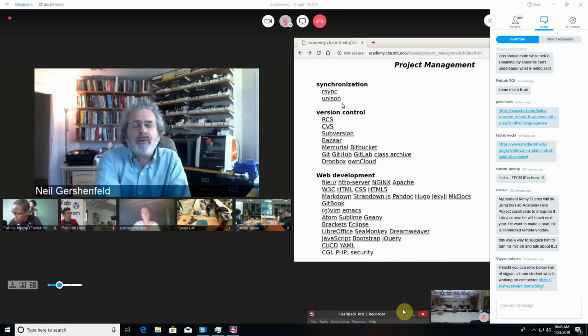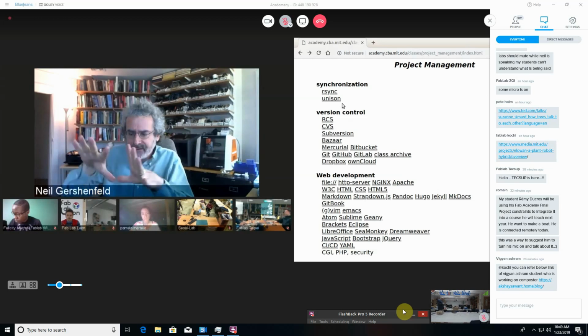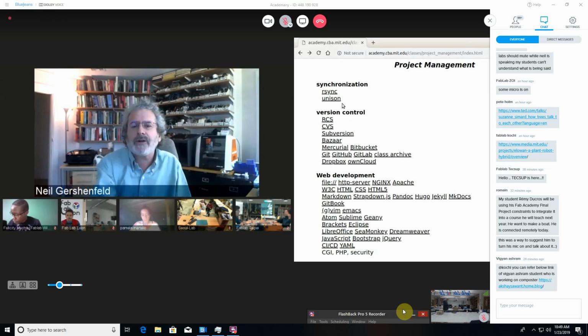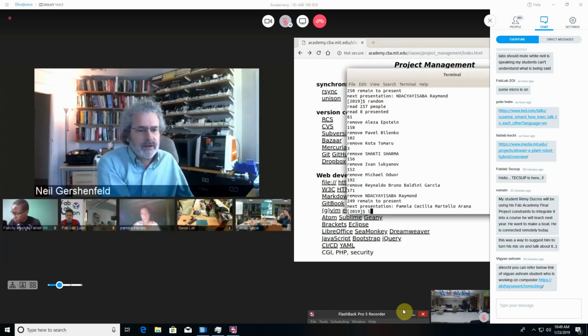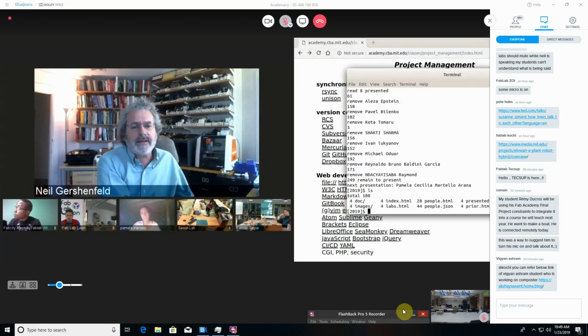What we will be using in the class is version control. And version control is a key skill in what we're going to be doing. What version control does is it doesn't just maintain the current files, it maintains the history of the files. So right now,